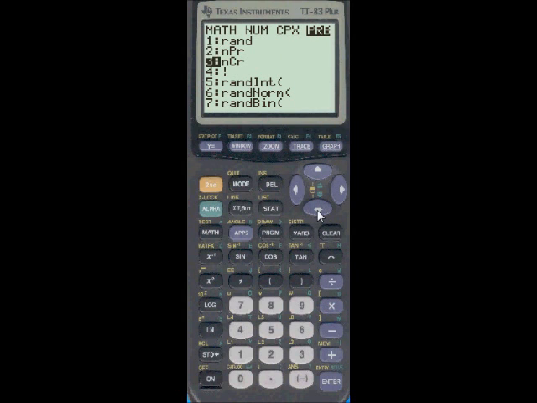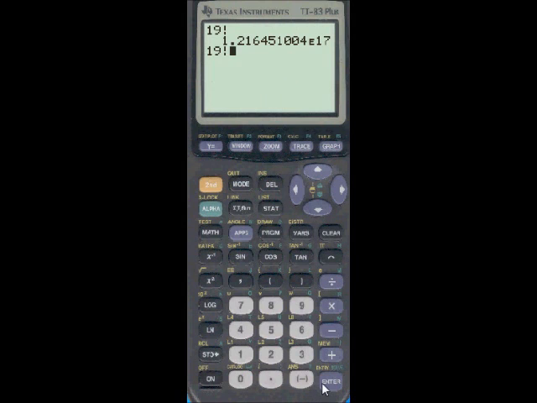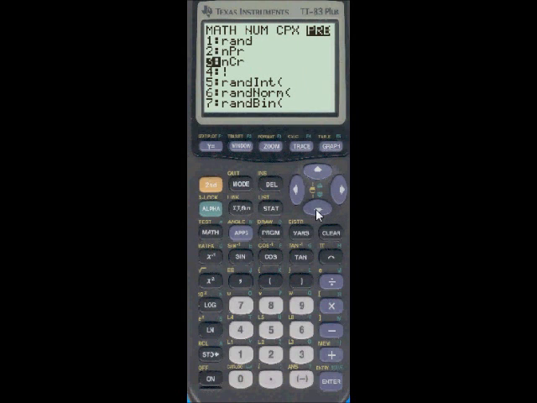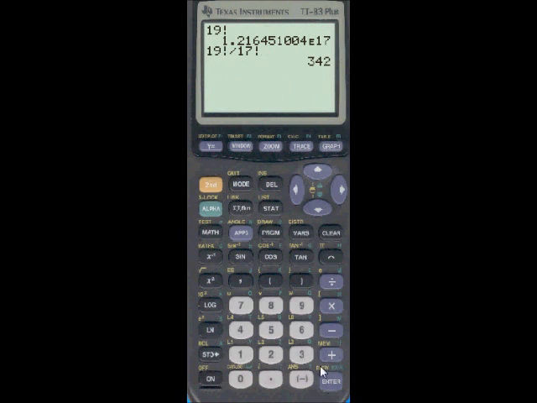Factorial divided by, and we were going to 17 factorial. 17 math factorial. 342. Your calculator can do all the work